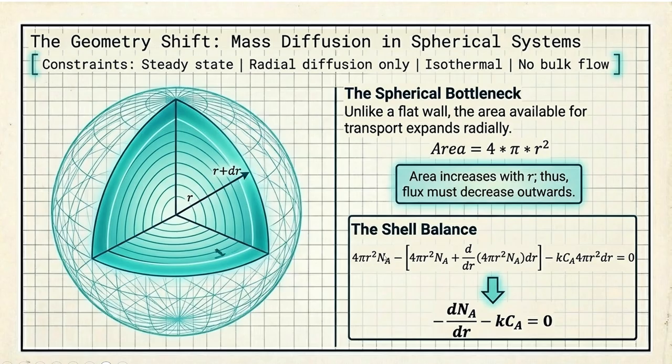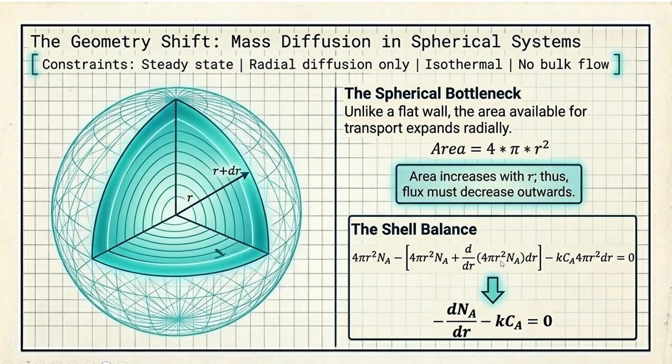NA is the rate of mass transfer supplied. A is the surface area. NA is basically flux, and A is the surface area. So rate would be flux into surface area. So 4 pi r square into NA minus 4 pi r square into NA plus